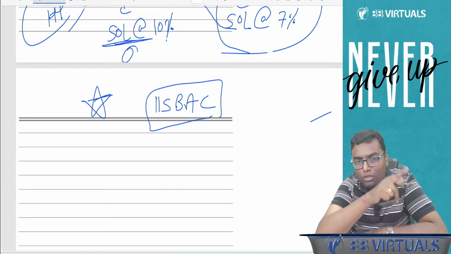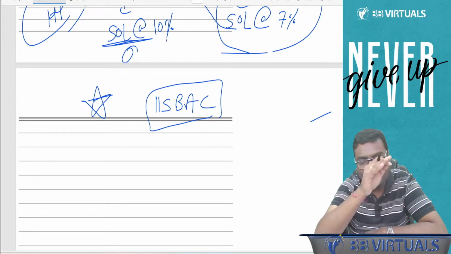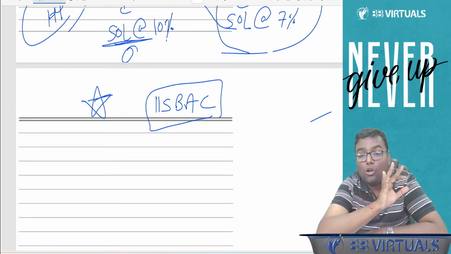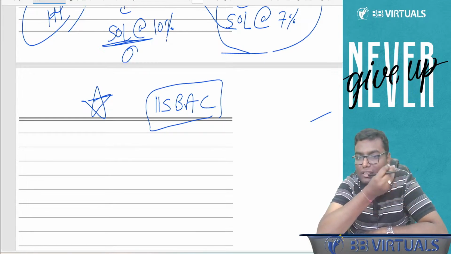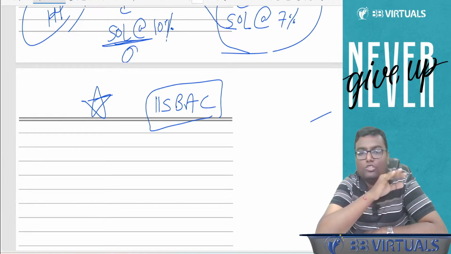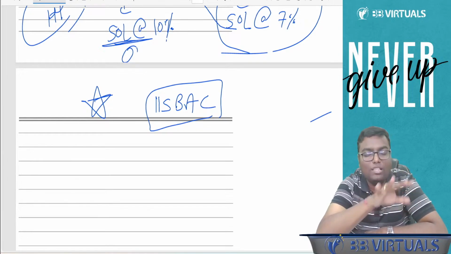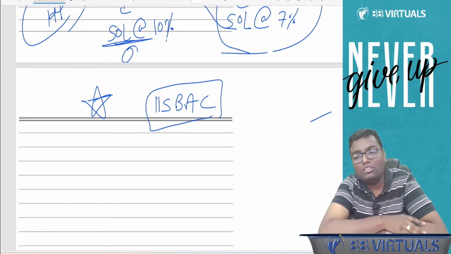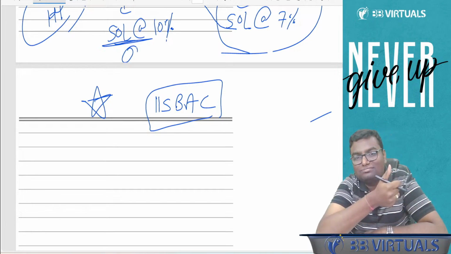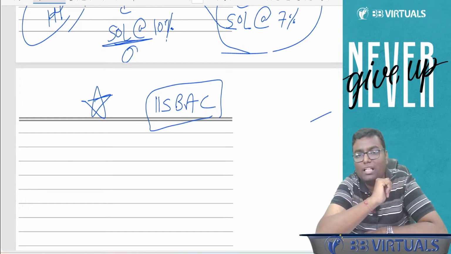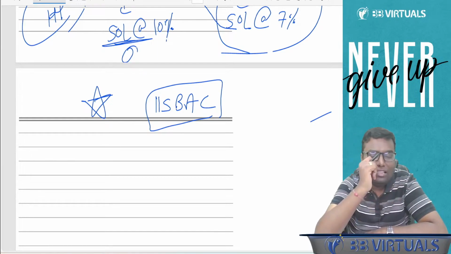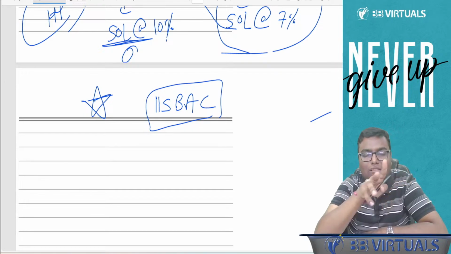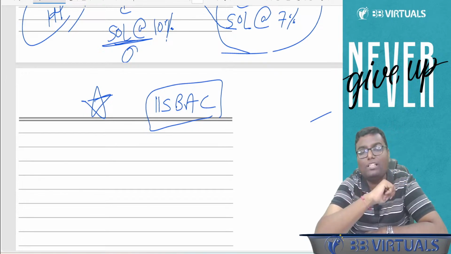If you want to opt for 115 BAC, if you want to go for the default tax regime, your tax rate will reduce, but you will not get certain deductions, certain exemptions, which you are getting normally in the old regime. Whenever those particular deductions come which are in the list of 115 BAC, that this deduction will not be allowed, I will just cross-link that this deduction is not allowed in 115 BAC